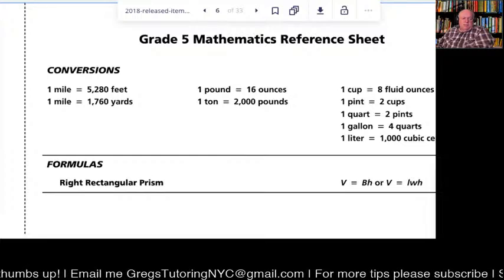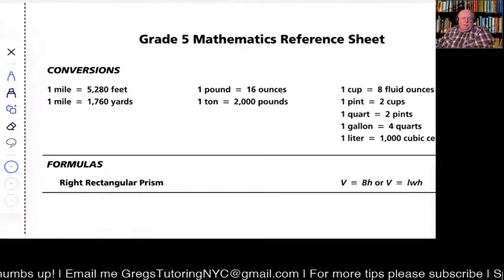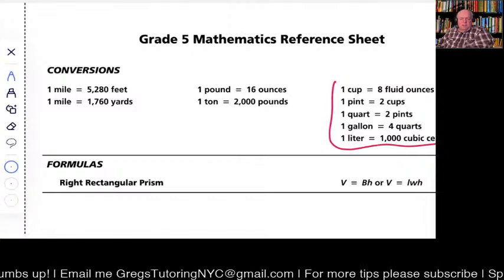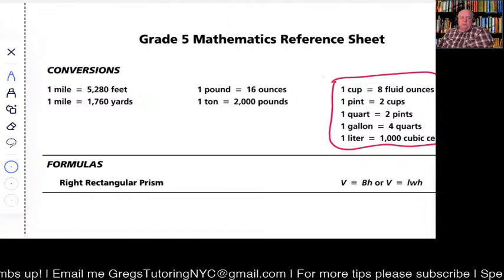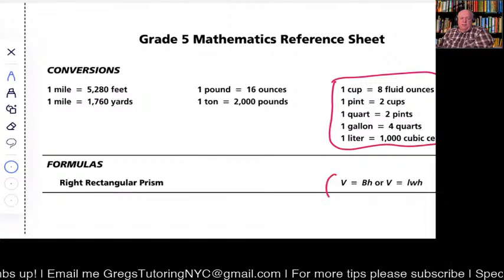So this is the extent, and this page gets included to every tester. So this that I'm circling right now, you should know all your volume conversions, what a cup is, what a pint is, what a quart is, what a gallon is, okay? And they're also giving you a formula down here,